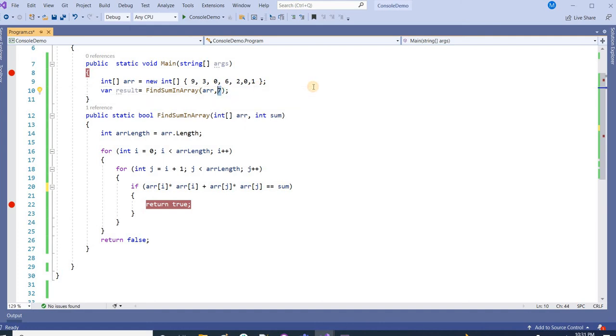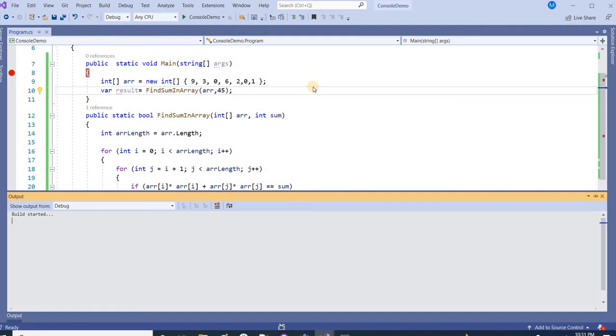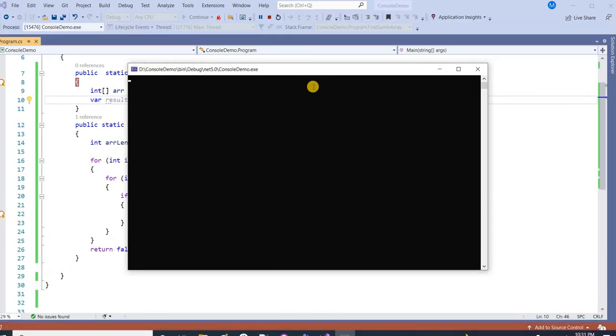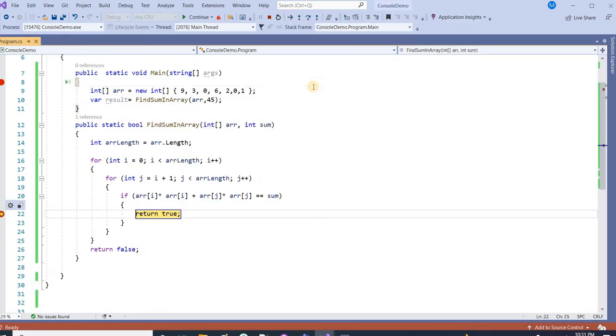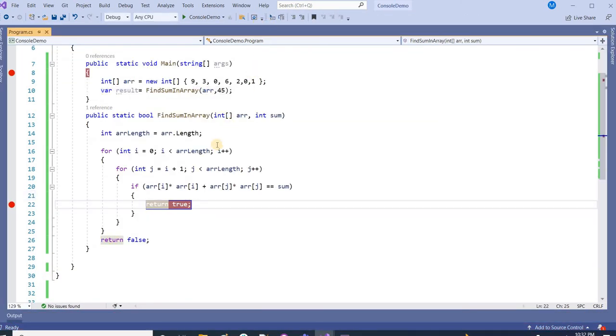Let's see if it will return true or not. I'm just pressing F5. Now it came here, so it means it is returning true. 45 exists in this array. That's all in this video,